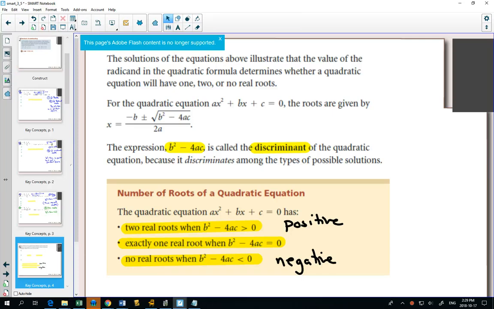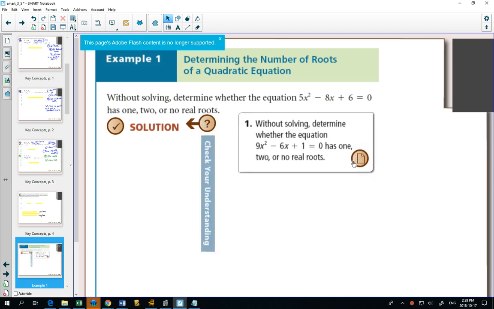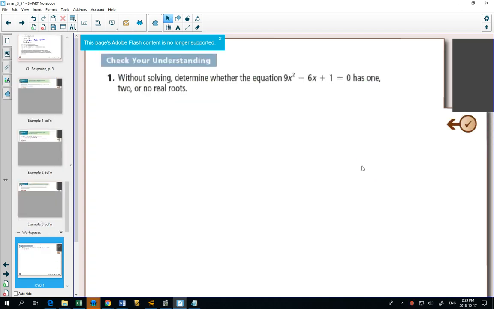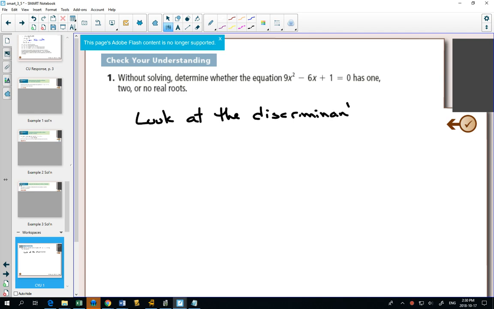All right, we have time for our first question. Oh yeah, maybe even 2. Without solving. So here's what I was just saying. We're not supposed to solve this equation, but we're supposed to tell how many roots it has. Will this equation have 1 root, 2 roots, or no roots? So we look at the discriminant. What is b squared minus 4ac equal to? Well, my b value is -6,